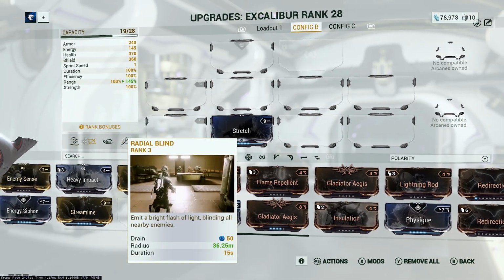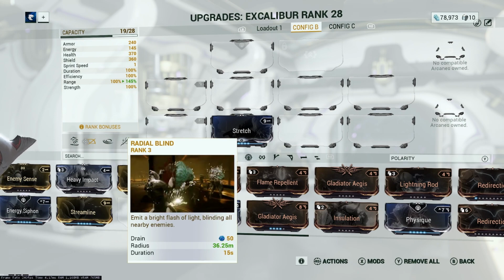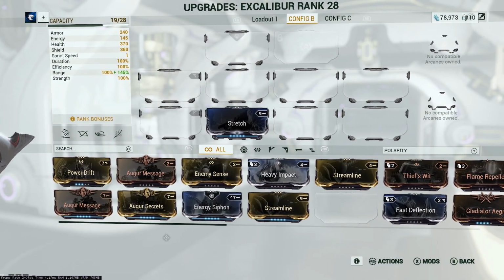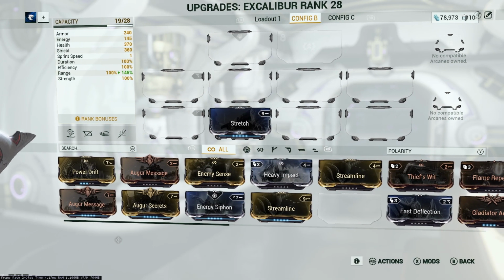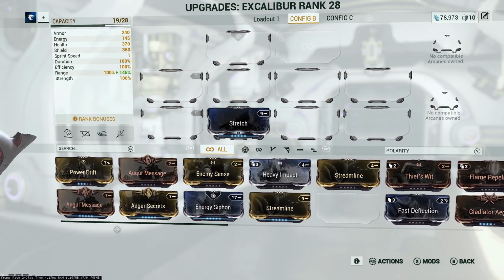If you see here, you also have a duration, 15 seconds. That means your enemies will be blinded for 15 seconds. If you have a duration mod, you can throw that on to increase the duration that your enemies are blinded for. Now, if we take a look at one of our duration mods, all I have right now is Augur